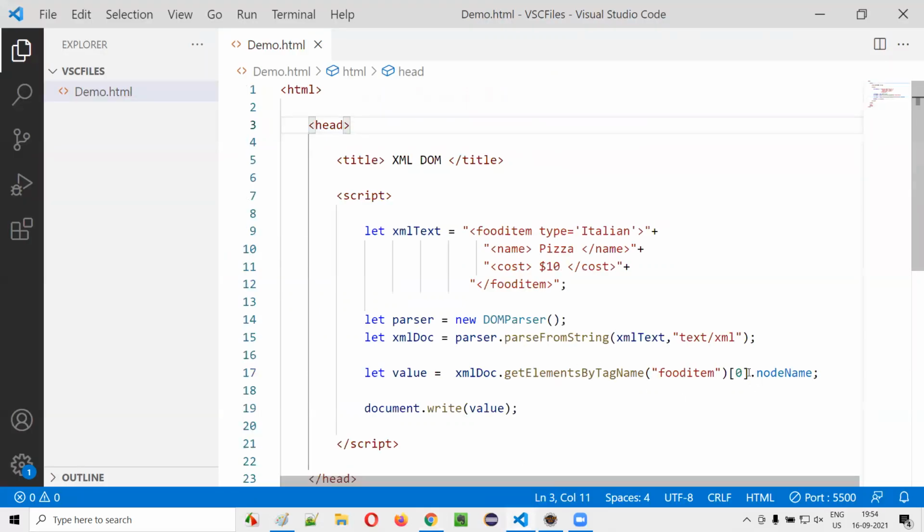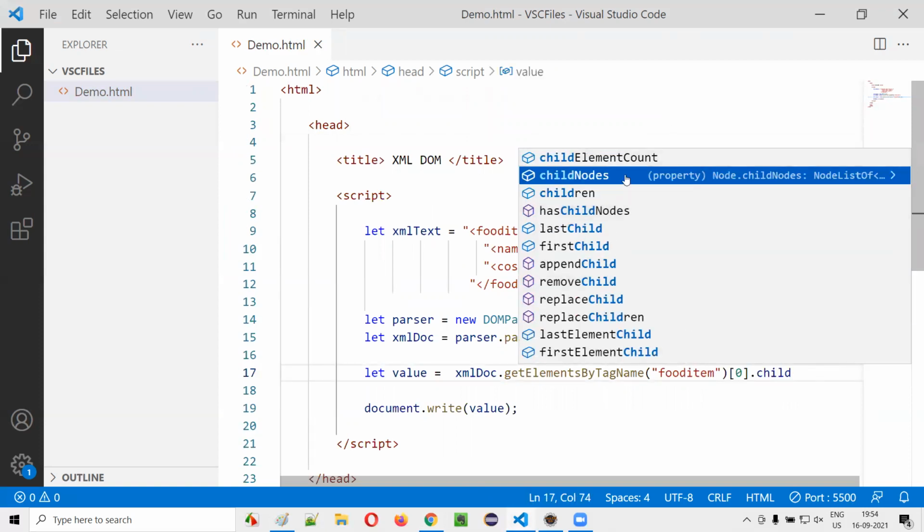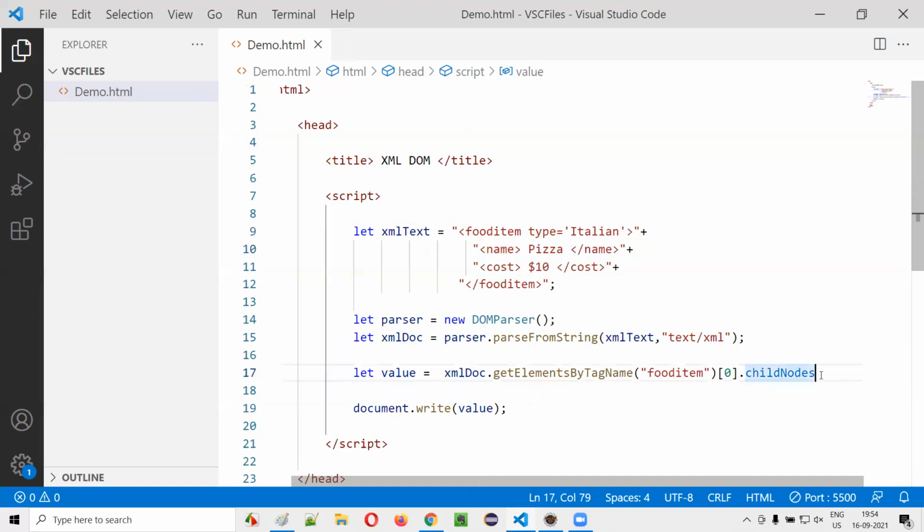Now go back. Instead of node name, I'll say dot child nodes. If I say child nodes, this food item has name and cost as the child nodes. So if I have to refer to the first child node, I have to give childNodes of 0. This will take the first one, that is name.